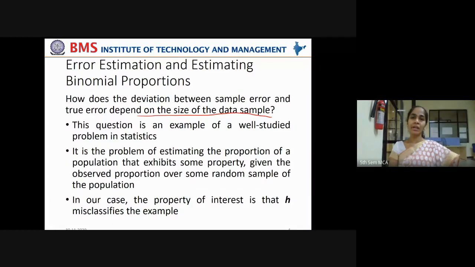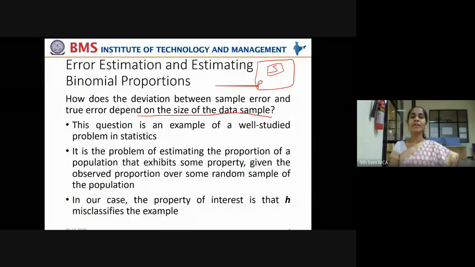Now, you know what is a sample error, right? From a larger population, if you draw some sample, means if you draw some data points at random such that one draw doesn't affect the other draw. One draw is independent of the other draw. Right? In such way, if you take a sample, say this is the total population, from that you take a sample S, then what is the error associated with the sample and how does that influence the true error associated with the population? That we have tried to understand up to some extent in the last session. Now we'll understand that in more detail.